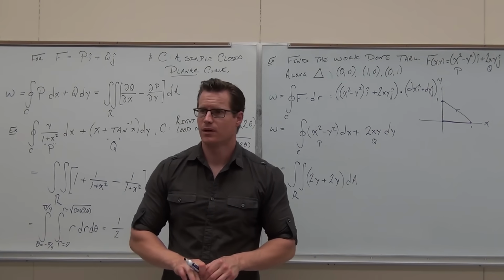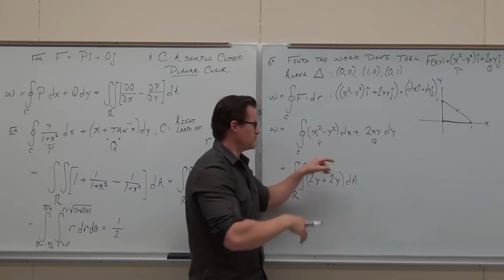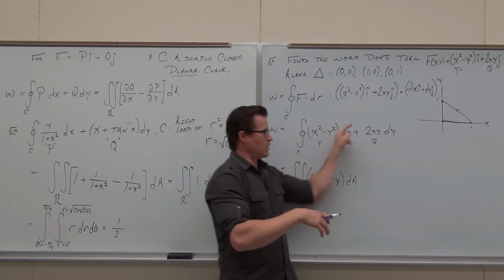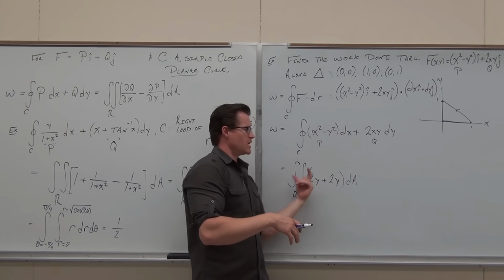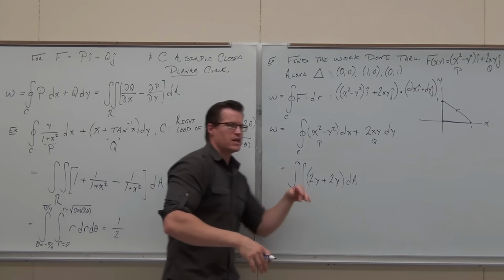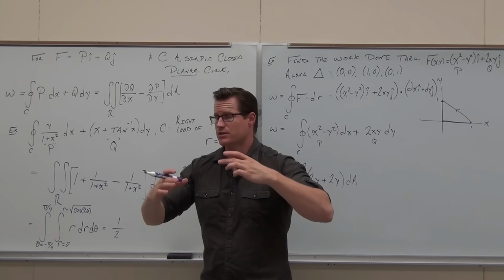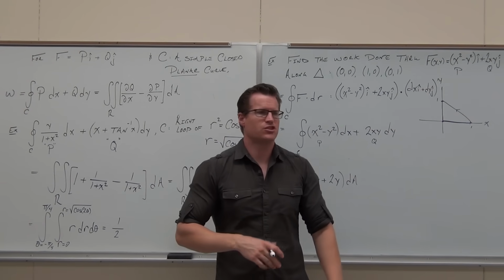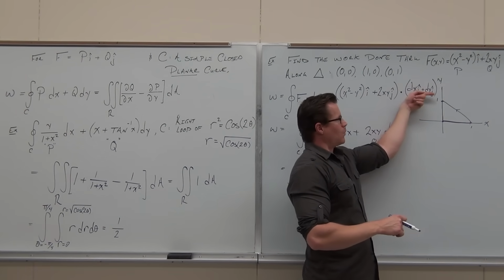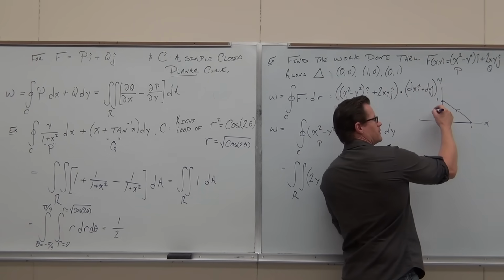Head down if you're okay with that one. Now, that's what Green's theorem says. It says, hey, the work done through that vector field, along this simple closed curve, is equal to the double integral of whatever you get out of this, whatever this thing is, over the region that curve encloses. That's what it says. All we have to do is define the region. In this case, since we're going from (0, 1) to (1, 0), this line